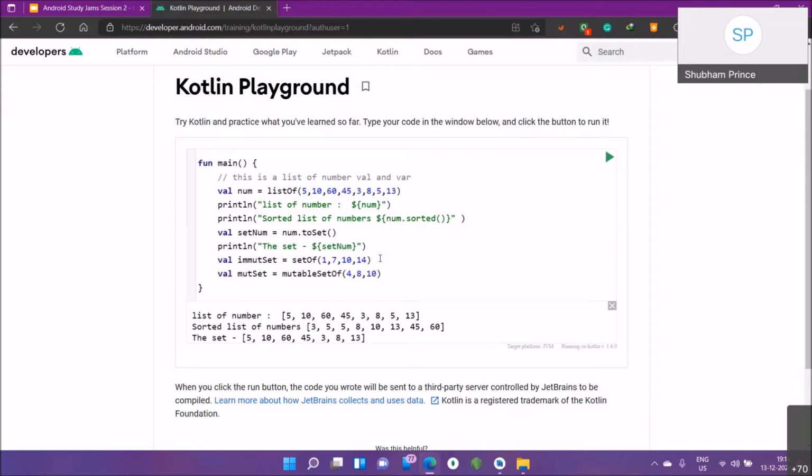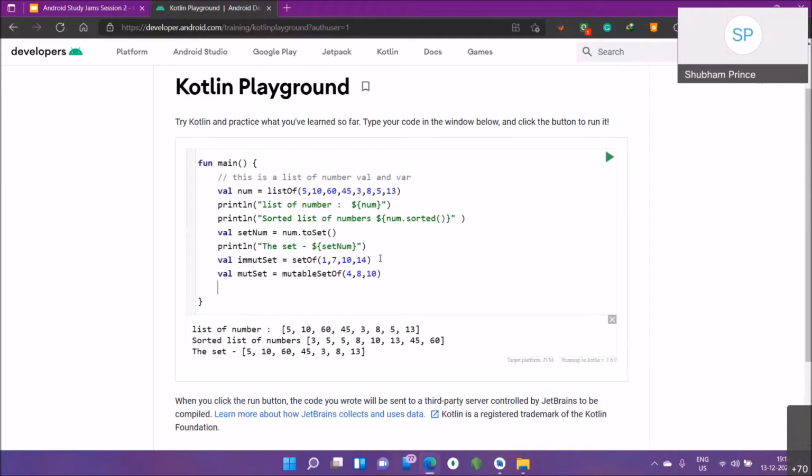Now we can just print it, and we can perform equality operations and all. I will use the example, that will be fine. The same thing, just copy it and paste it.